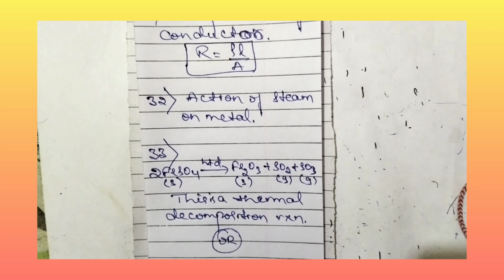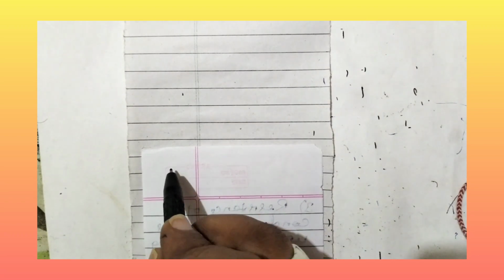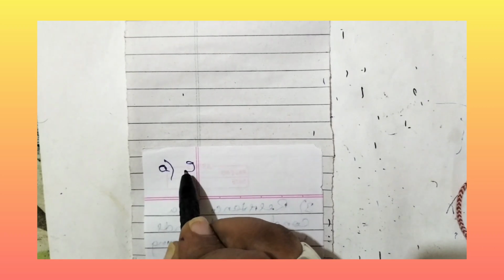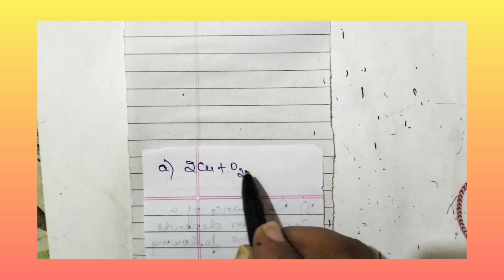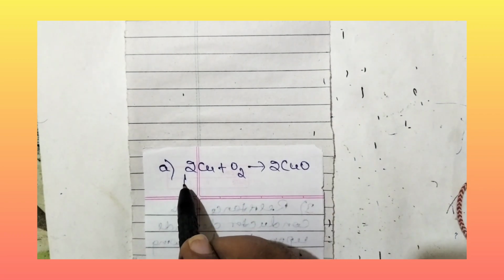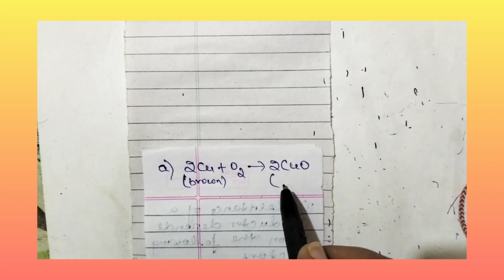Next let us move to the 33rd internal choice question. So the internal choice question is like this: when reddish brown copper is heated, 2Cu plus O2. So copper reacts with oxygen to form copper oxide. Copper is brown in color, but copper oxide